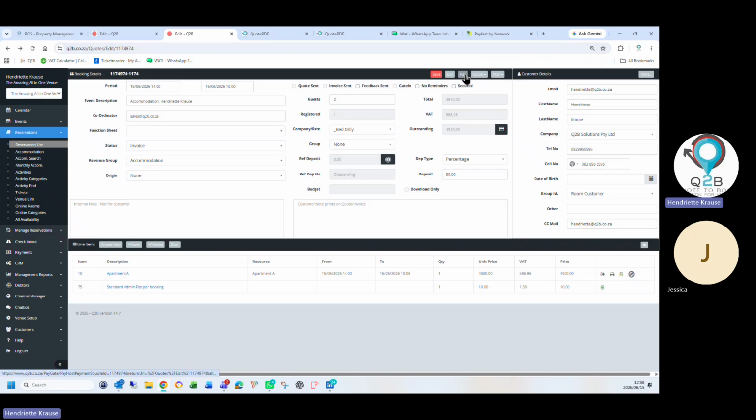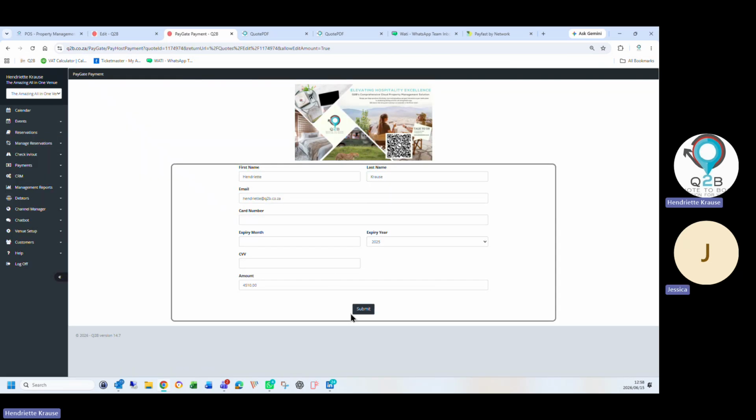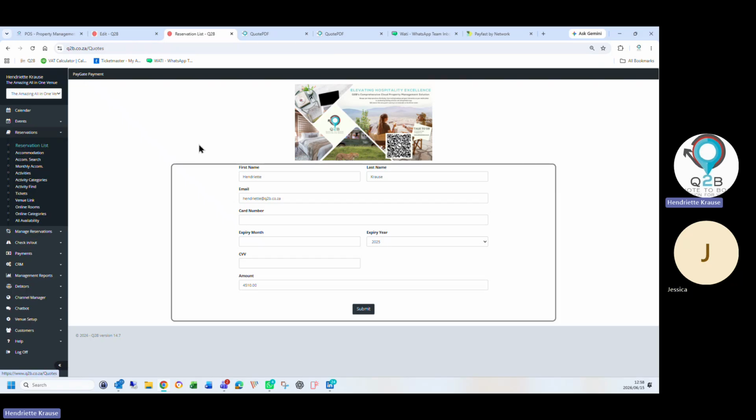So what's nice about our integration with PayFast as well, it's also where you can refund a customer. So from your booking, you can charge a customer's card if he's in front of you, and you can also just refund the customer directly.